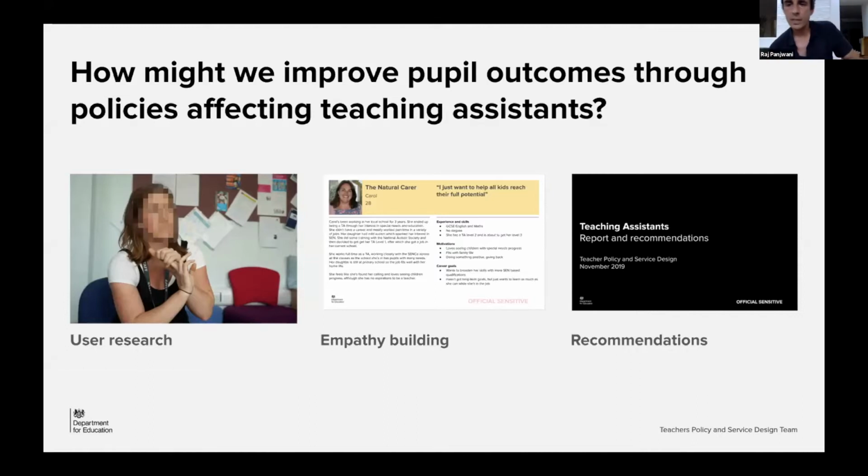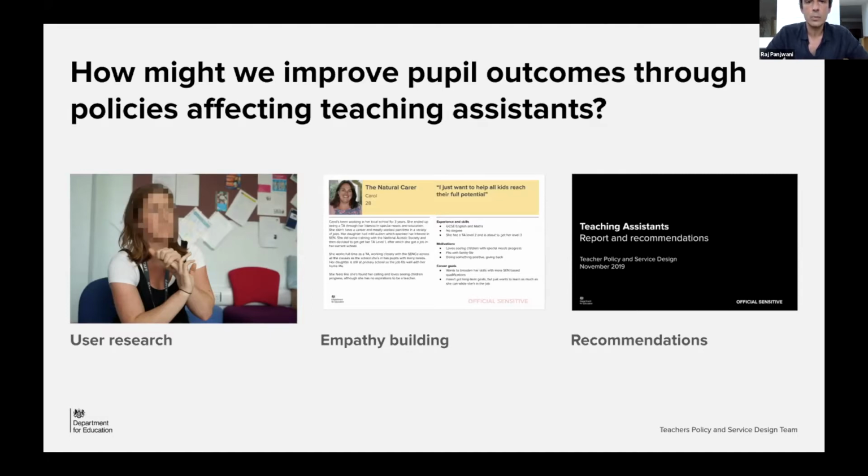There'd been a fair amount of research done into the effectiveness of TAs, but none that put their real life experiences of what they do under the microscope. So we went into schools, looked at different school contexts and how TAs operate in them, and how they're deployed and what that means for them. It was mainly user research, convening individuals and groups. We filmed them. We took their stories back to the DFE. We created personas, and it was basically an empathy building exercise,